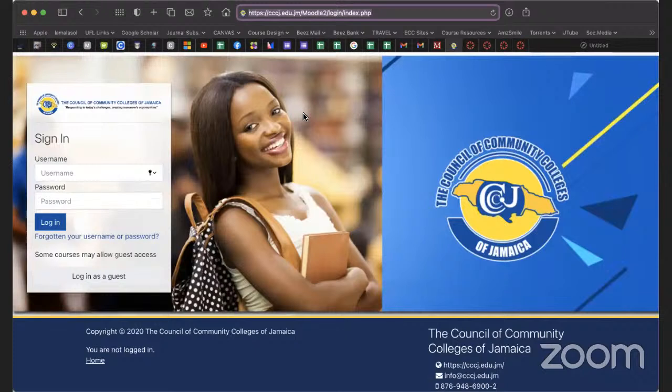So look for that email, please, from Triple CJ, I believe, with your login information, where you'll be given your username and a password, and then you'll be given instructions to change your password. Please make sure that you can do so, for those of you who are going to be taking your tests on Moodle. And if you have any issues, please do contact either ICT, or you can even send us an email at ODEC, and we'll try and help as much as we can to ensure that we get you onto the system and have no issues logging in to take your tests.